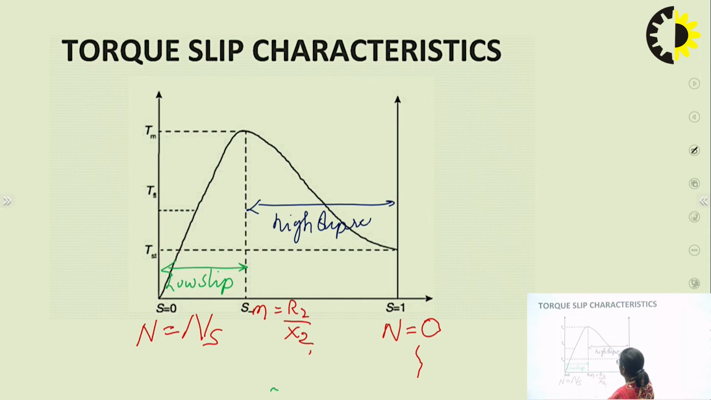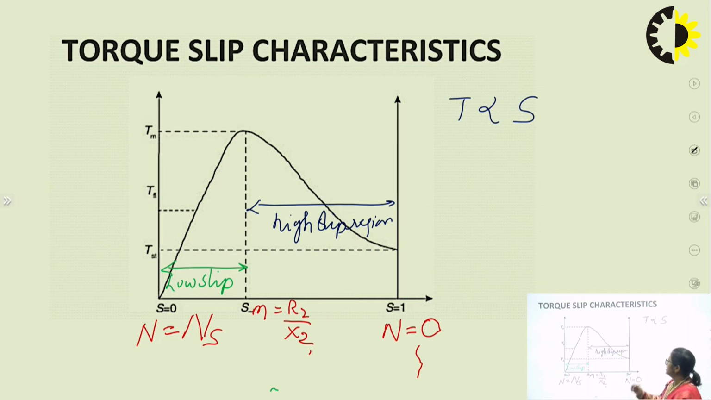That means the region towards 0 and SM, I'm calling that the low slip region, and from SM towards S equals 1, I'm calling it the high slip region. Now, if you see the characteristics in the low slip region, the torque is directly proportional to the slip,